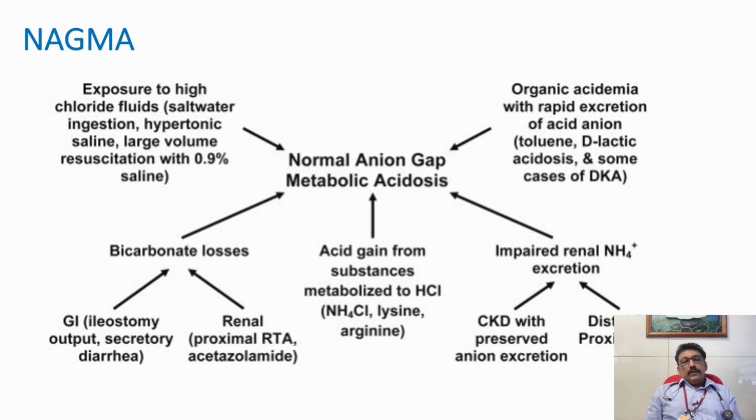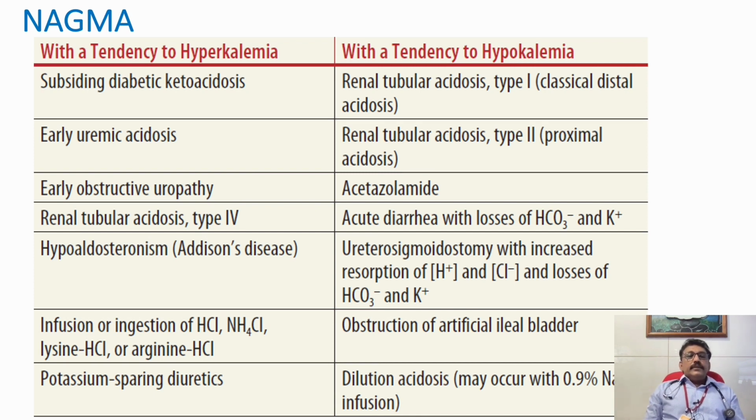Normal anion gap acidosis: all other causes which can produce acidosis, other than what we studied in the previous slide, can produce normal anion gap metabolic acidosis. With a tendency to hyperkalemia, you can see the recovering phase of DKA, early uremic acidosis or late uremic acidosis, recovering from renal failure, early obstructive uropathy, renal tubular acidosis type 4, hypoaldosteronism, that is Addison's disease, infusion of various acid materials, potassium sparing diuretics, renal tubular acidosis type 1 which